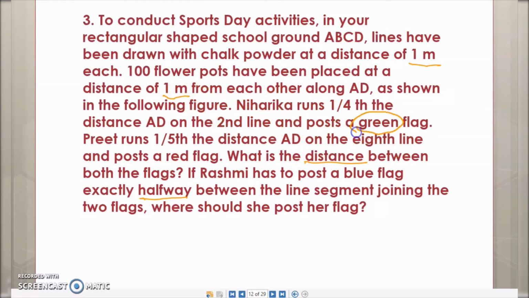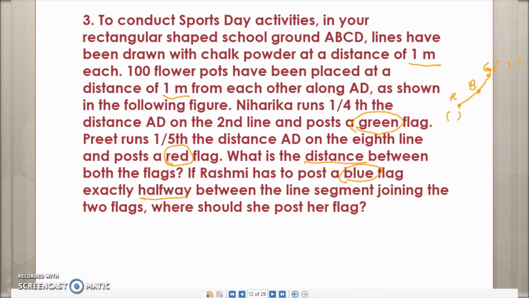So here basically you have a green flag, you have a red flag, and in between those two, one blue flag has to be posted. So somewhere here is red, somewhere here is green, and in between you have to post a blue flag. This is what has to be done. So first you have to find the coordinates of the red flag and the coordinates of the green flag. Then find the distance between the two. And then you can find the midpoint of both the coordinates because exactly halfway